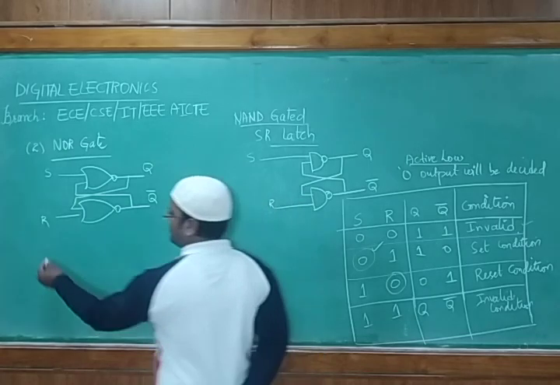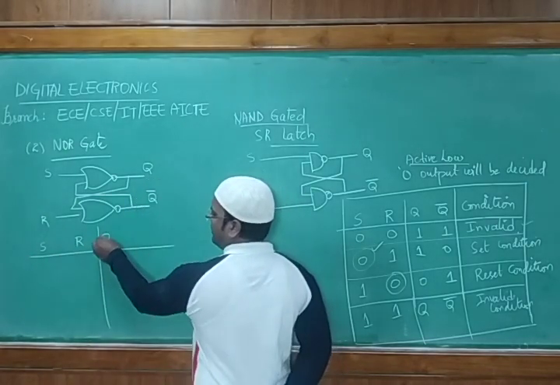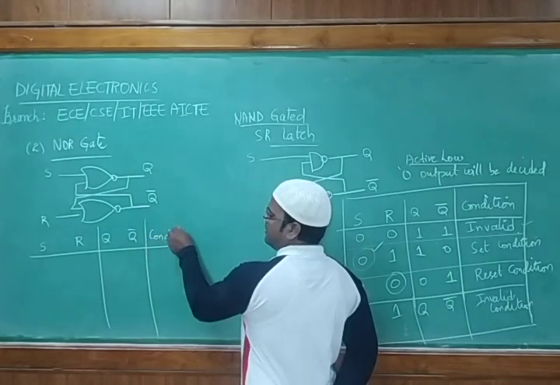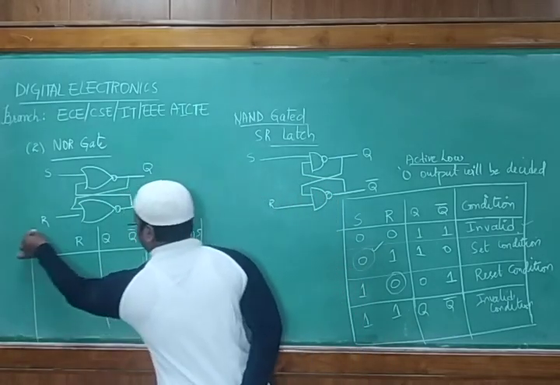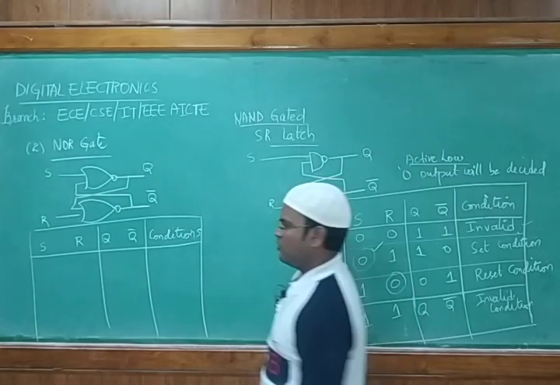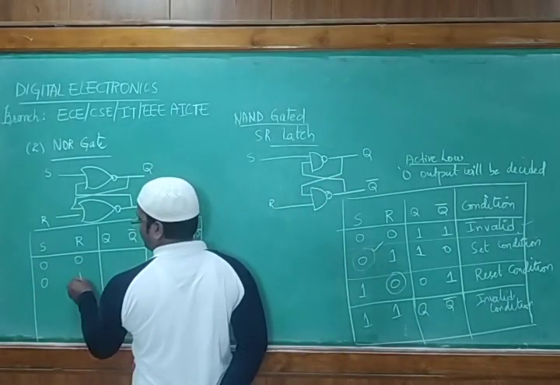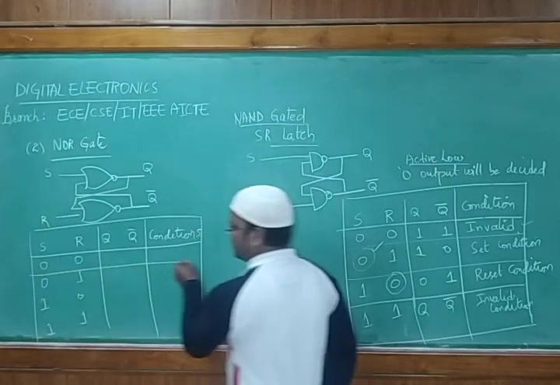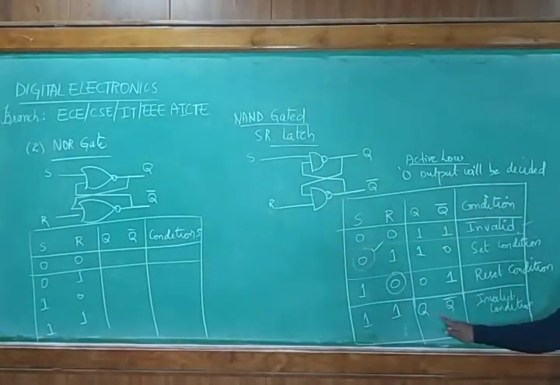Okay, so we will write the same truth table. We'll take S and R, and we'll write the outputs Q and Q bar complement, and we want to write the condition for it. So what are the combinations we have for S and R? S is 0, R is 0; S is 0, R is 1; S is 1, R is 0; and both 1, 1. So when both are 0, 0, we'll write the reverse of what we wrote over there for Q and Q bar. We're not writing the value. It can be 0, it can be 1, or 1 and 0, any one.